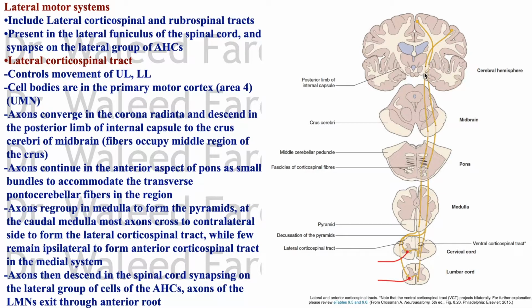It controls the movement of the upper limb and lower limb. The cell bodies are in the primary motor cortex, motor area 4, the upper motor neuron. Then the axons go through the corona radiata to the internal capsule. Remember, we talked about the internal capsule earlier, and they descend in the posterior limb of the internal capsule to the crus cerebri